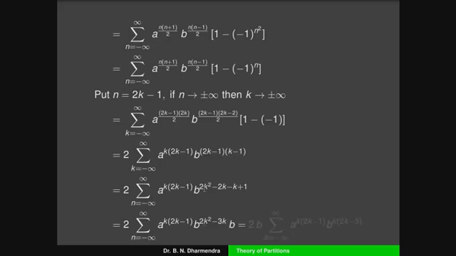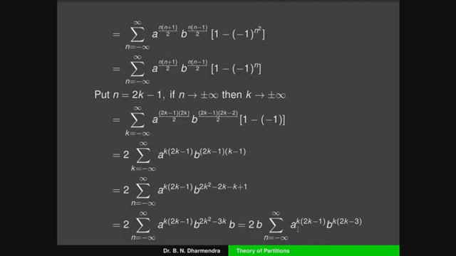So therefore that is equal to 2 times summation from minus infinity to plus infinity a to the power of k into (2k minus 1) into b to the power of 2k square minus 3k into b. You can observe the term b here, you can take it outside, and in the remaining term you can take k as a common factor, that is 2k minus 3. That is equal to 2 times b into summation from minus infinity to plus infinity a to the power of k into (2k minus 1) into b to the power of k into (2k minus 3). So now, by using today's first result, which we call equation 1, we can find out this value.